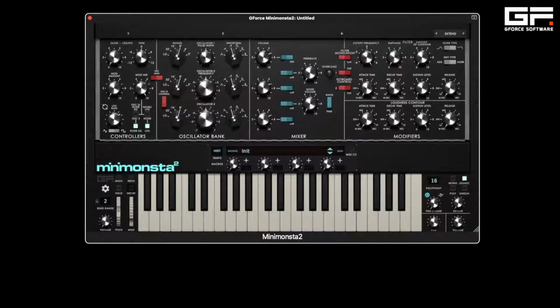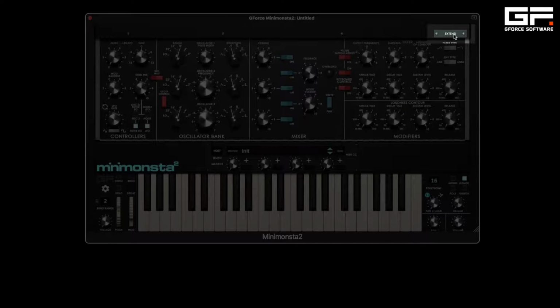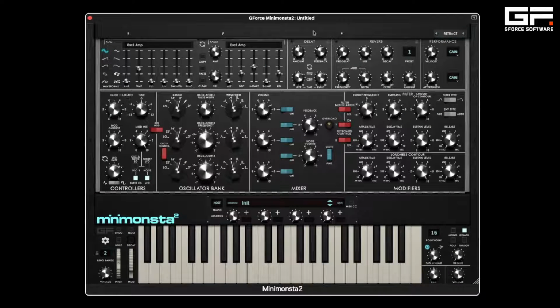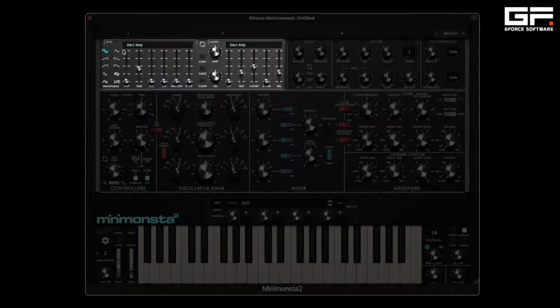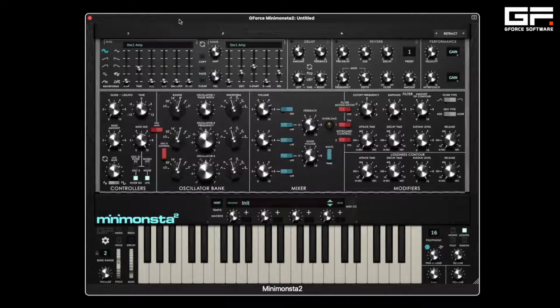Minimonsta2 features our unique advanced modulation system, X-Modifiers. To access them, just hit this Extend tab here. You'll now see that the synth has gained this new area up the top here. You'll find our X-Modifiers in this section here. The X-Modifier system gives you a unique LFO and envelope for nearly every parameter on the synth, allowing for some